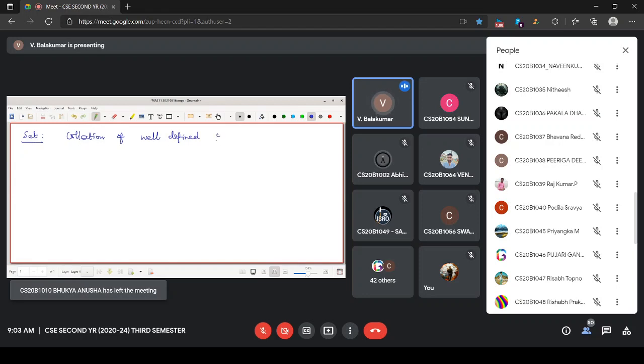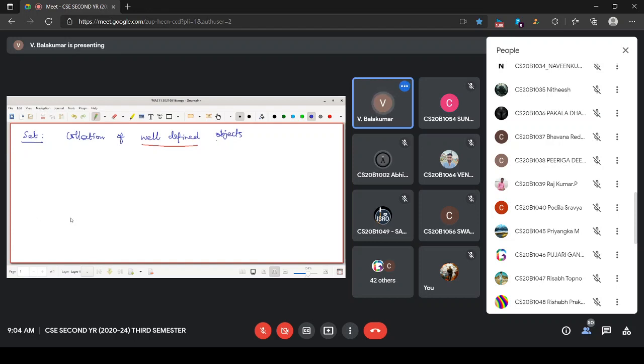Well-defined means if you give me a set and if I give you any element from anywhere, you can decide whether it belongs to the set or not. So we introduced two symbols. Set was denoted by capital letters and any element is denoted by small letters.